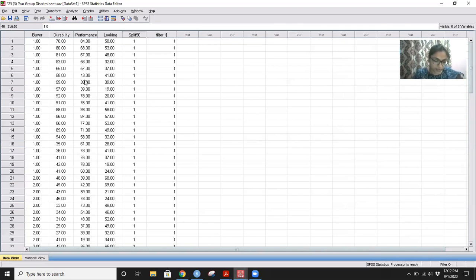Third, predictor variables or the independent variables should be independent of each other, and the relationship between all pairs of predictors in each group should be linear. Next is that the sample size ratio should be 5:1. That means for each independent variable, there should be at least 5 observations. For example, I have 3 independent variables here, so I should have at least 5 observations for each of these. That makes 5 plus 5 plus 5, a total of 15 observations in my data set. At least that's a minimum, a bar on the sample.